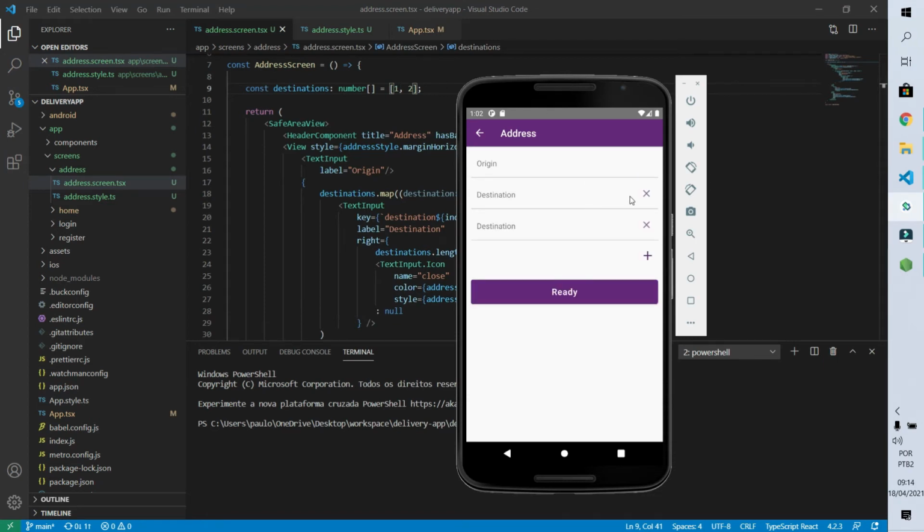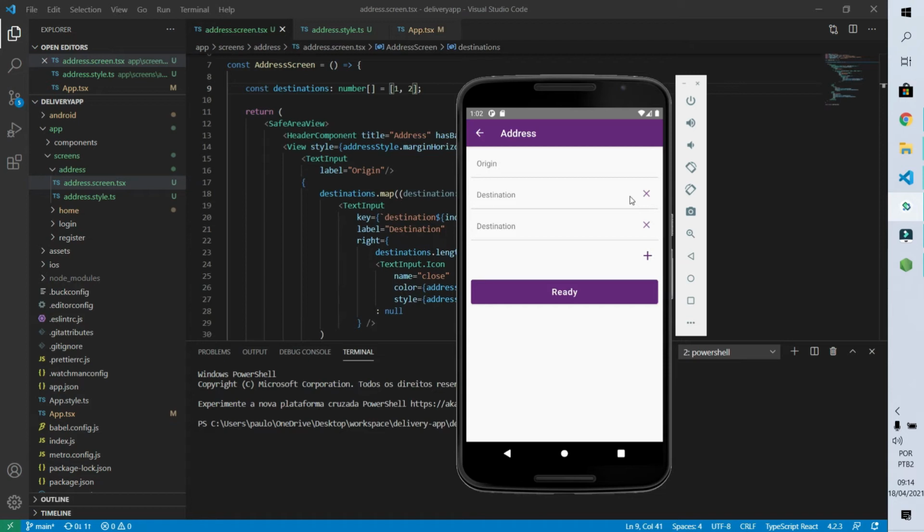And it's important to remember that all those screen actions will be implemented in a future moment. What I want to do now is simply the design of the screens to be able to show it as soon as possible to my client how the development of the app is going. Okay, we have finished the address screen.